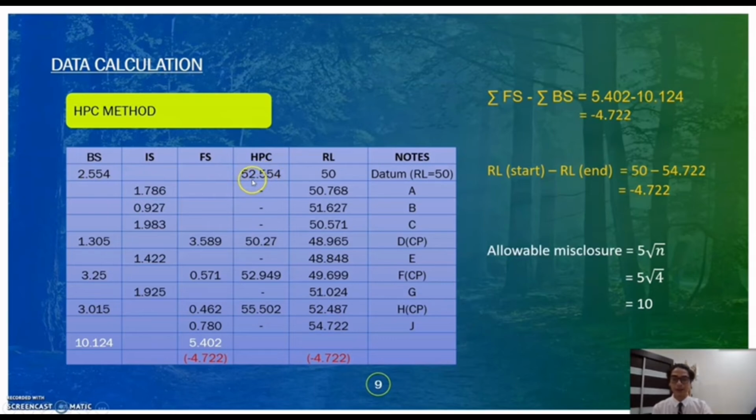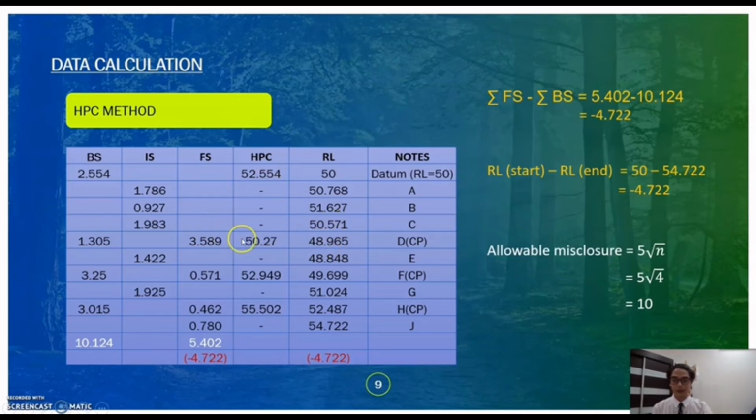Okay, the next thing you want to do is that you pick this number 52.554, you minus with 1.786, then you will get 50.768. Repeat the same step again. 52.554, you need to minus with 0.927, then you will get 51.627. Repeat again. 52.554, you need to minus with 1.983, then you will get 50.571. And repeat again, but this time you need to minus with foresight. 52.554, you minus with 3.589, then you will get